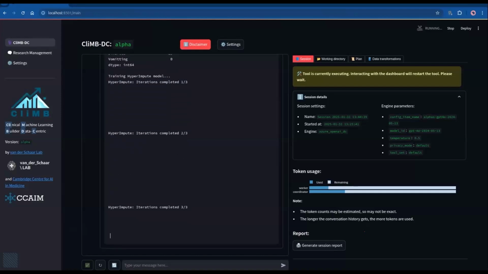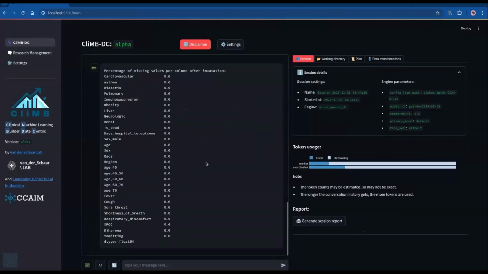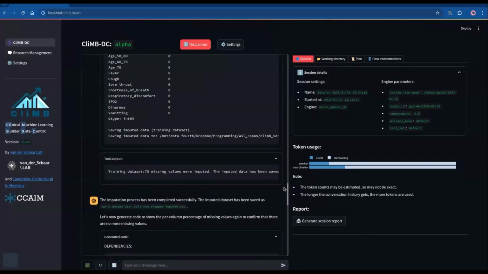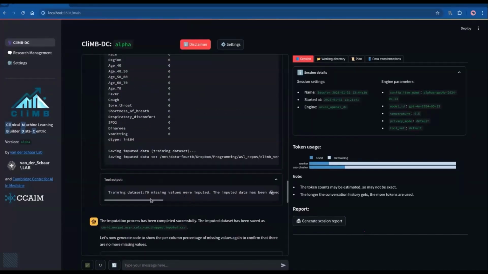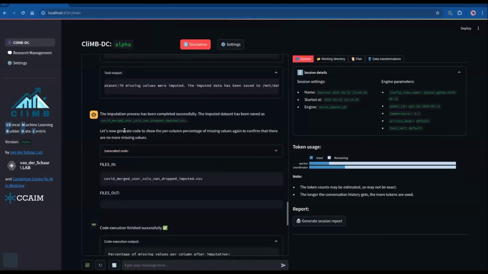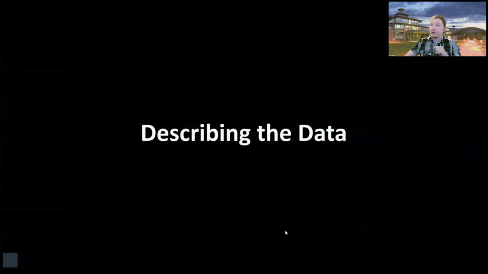By the end of this tool, of course, values should be imputed, like so, and the system will double check that indeed everything has been completely dealt with. 70 missing values have been imputed. Let us double check that that indeed has been done. Let's show per column percentage of missing values again, and we see it's all zero. So now we're happy, and we can move on to the next step.